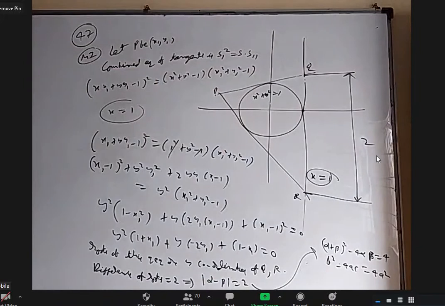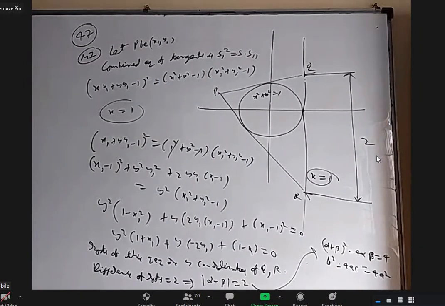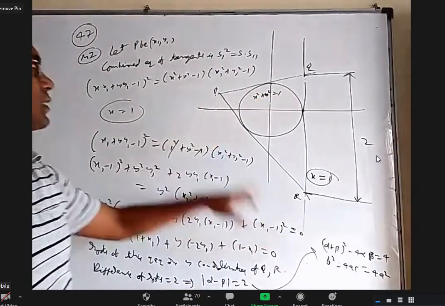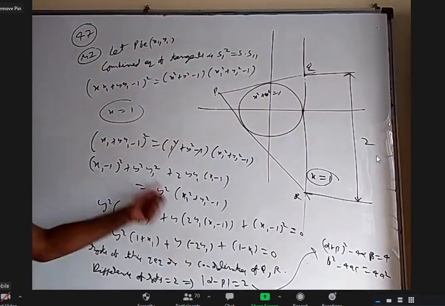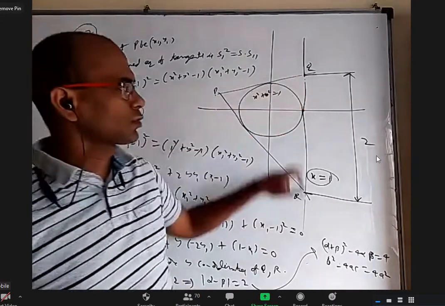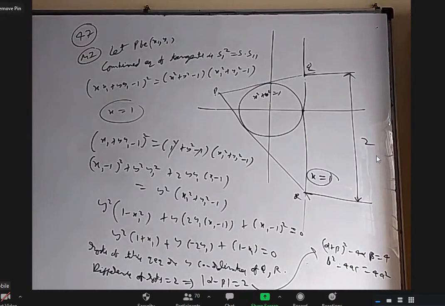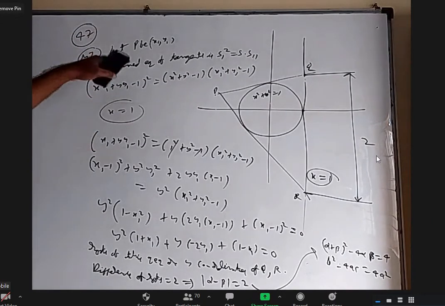Okay, please try to understand up to here, then we'll continue. Mainly what we have done, we took this as x1, y1, the combined equation of tangent formula is there. We try to solve with x equal to 1 by substituting it. We got a quadratic equation in terms of y that will have 2 roots, and the difference of the roots should be 2 because this y coordinate minus this y coordinate is 2. Okay, top 3 lines I'm erasing it.